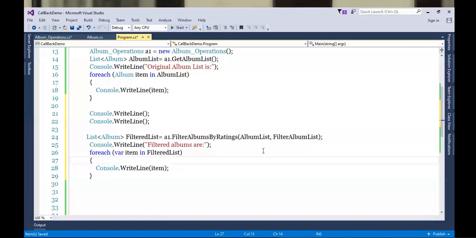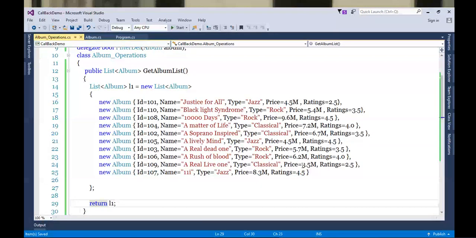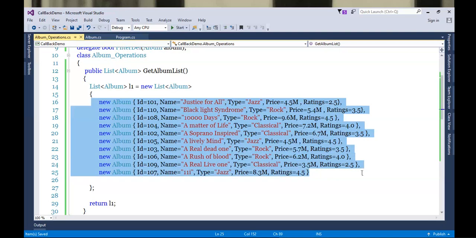Okay, so you can watch this out once again. I repeat, watch out. See, here we are handling callback. Now, in this example, first you need to understand why callback is required. So I told you I got a list of albums. Out of all these albums, I want those albums whose ratings are greater than 4.